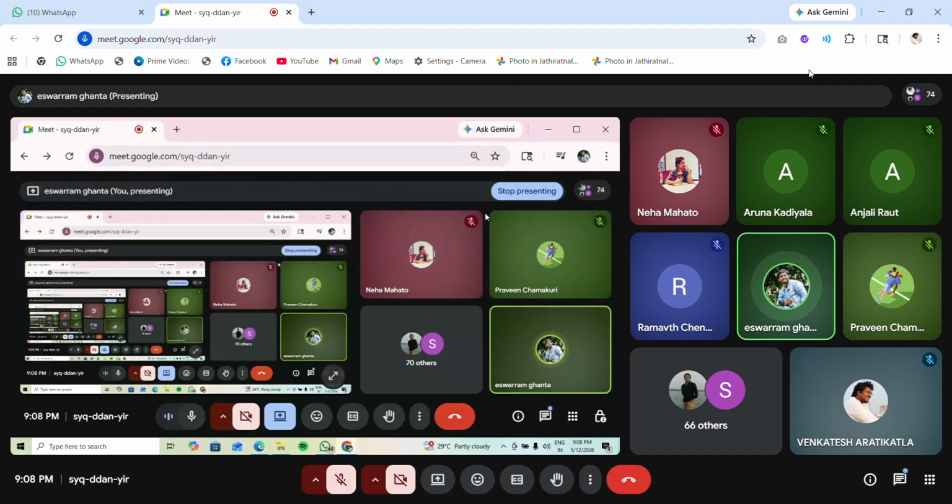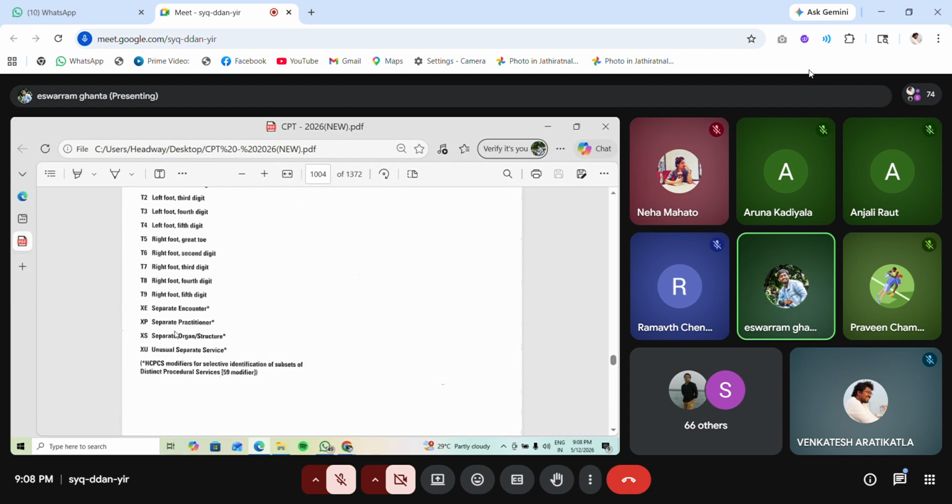Next, coming to the XP modifier. XP. So the XP modifier is used when it is indicating a separate practitioner, a different provider performed